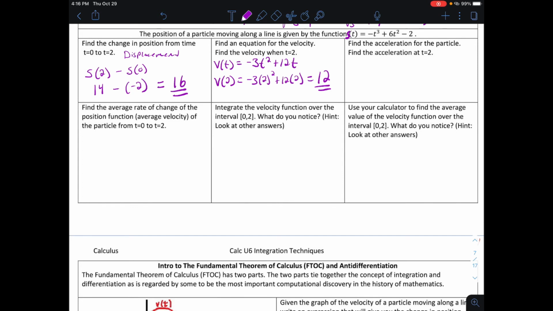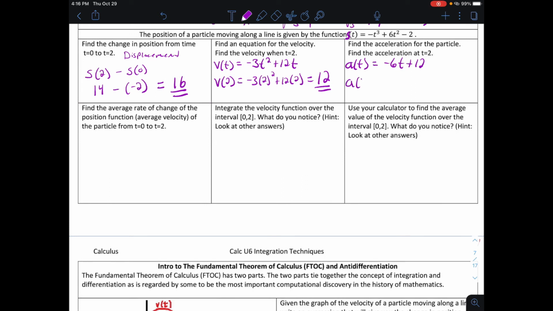Next, we want to find the acceleration. Well, acceleration is the second derivative of my position function, or the same thing as the derivative of my velocity equation. So I'm going to take the derivative again right here. We'd end up with negative 6t plus 12. And we want to find the acceleration when time is equal to 2, so I put in 2 for t, and we're going to wind up getting, so negative 6 times 2 plus 12, which gives us 0,